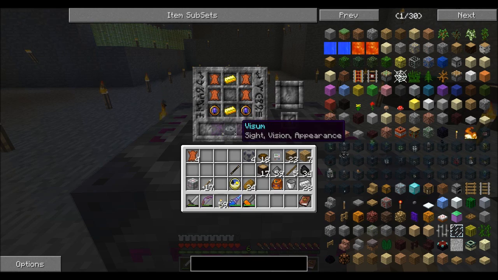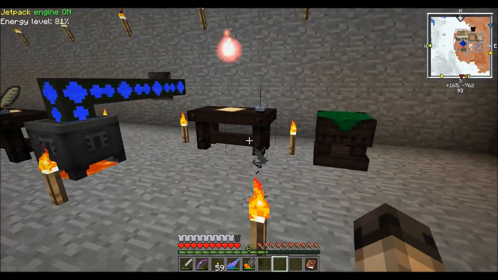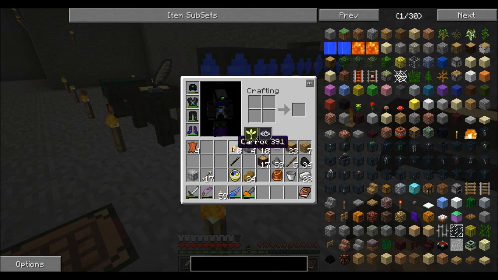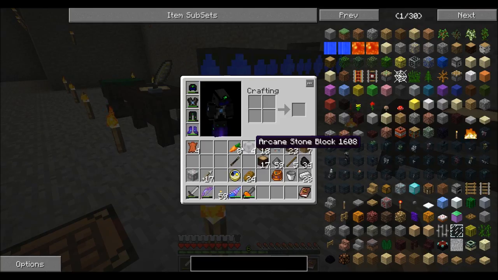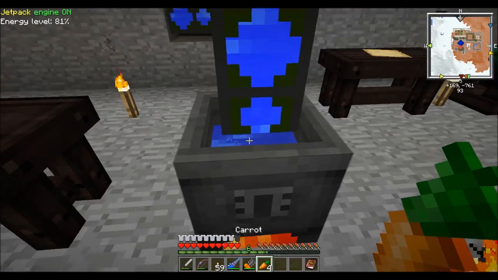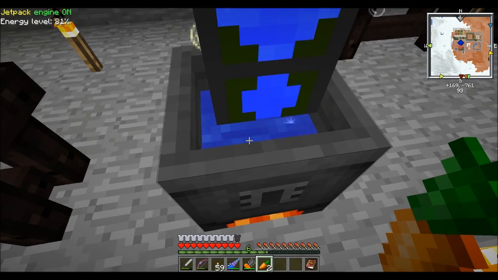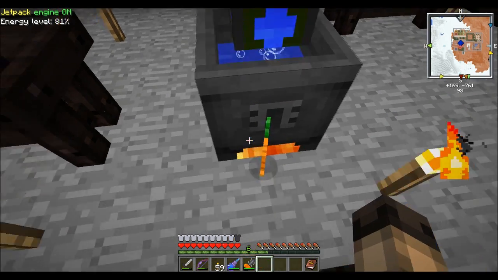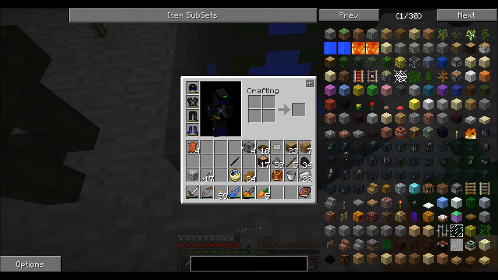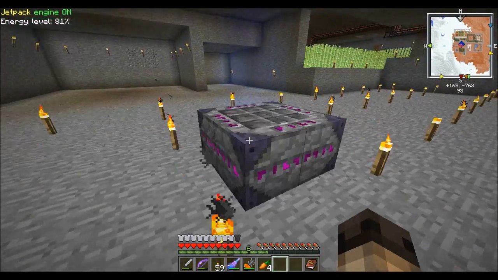So we need 8 visum. If I have 8, I do have 8 carrots. So obviously carrots have 2 different things here. So I only need 4 of these carrots actually. So, whoops, put that in my inventory. So we go 1, 2, 3, 4. Let that go in. Try again. 4. So now if we go over here and have a look,